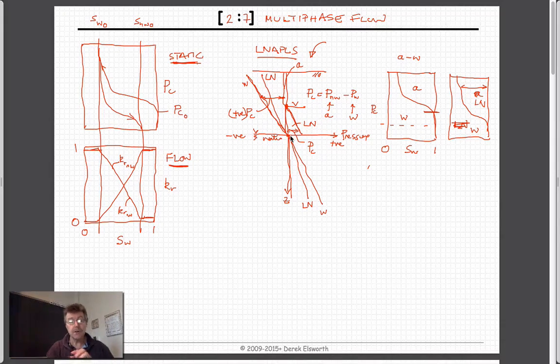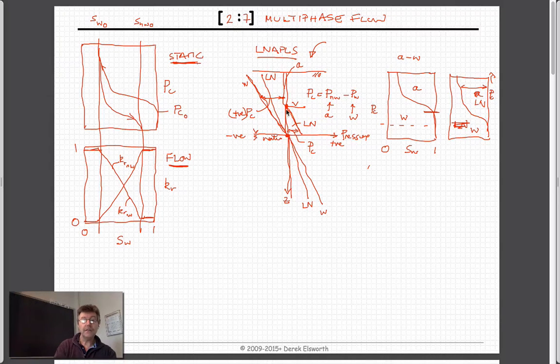And so we'd expect as we go down through this that we'd have this region here, which is the oil table, increasing saturations with depth, because as we go up here, these are increasing capillary pressures as we go up here. And as you go down in here, the capillary pressure increases, the difference between the water pressure and otherwise. And as a result of that, we have larger saturations at the base of this, which is exactly what we'd expect to see. And so the other thing that we talked about last time was that